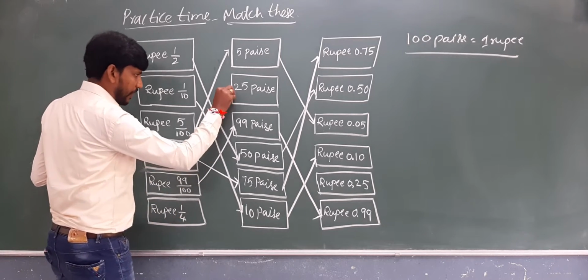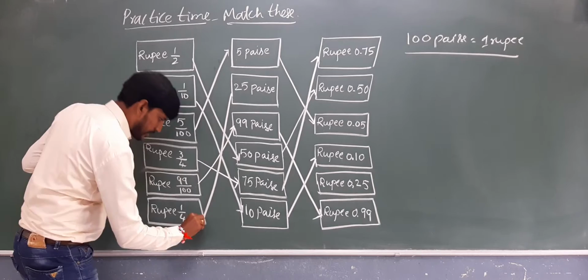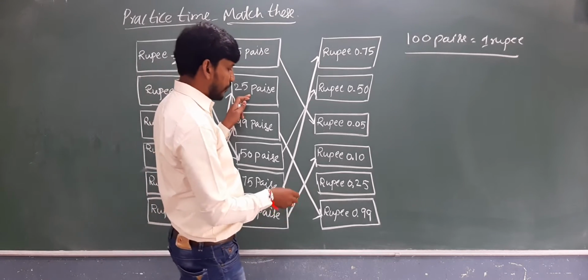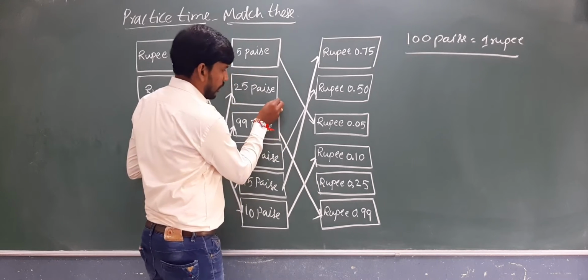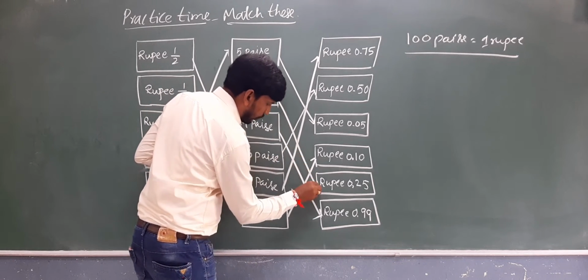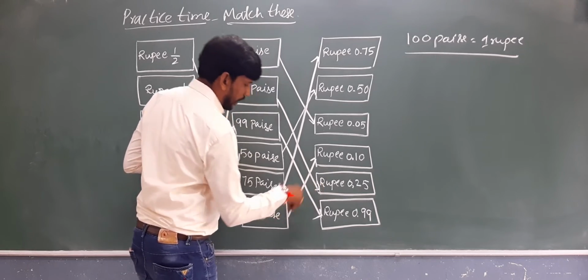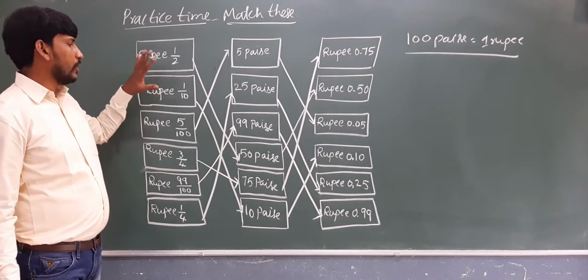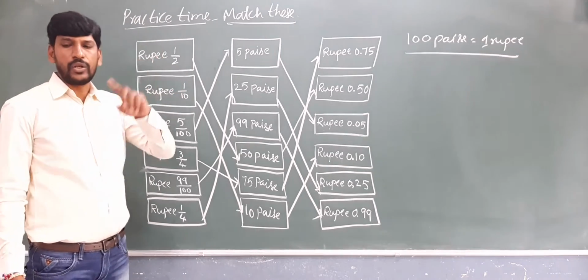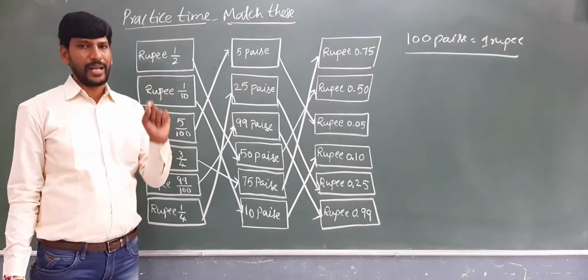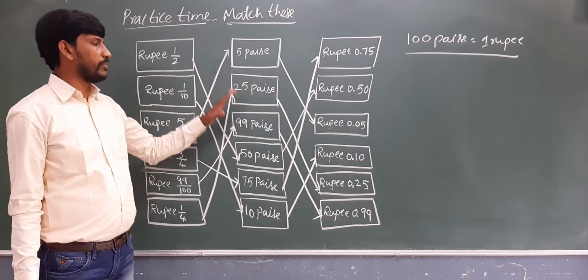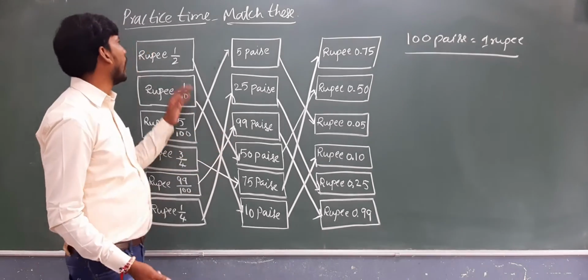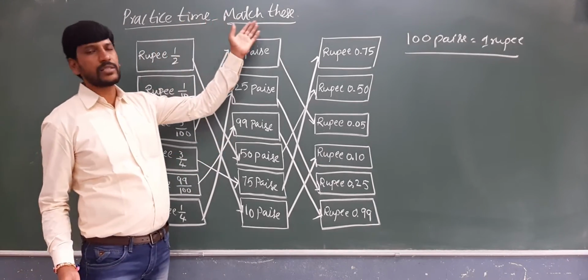Okay, so this is 25 paise. 25 paise is nothing but 1 by 4 rupee. In terms of decimal, what is the leftover part here? 0.25 rupee. Clear? 0.25. Clear? This is to match. Please do along with me in your textbook with a pencil. After my class, you need to copy the same thing in your classwork. Okay, I hope you understood how to practice and match these.